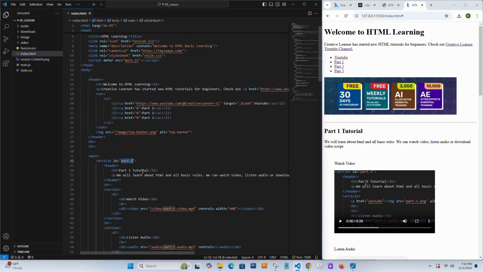I will copy the same ID name, and paste it in my menu, in the href of the anchor tag. When I paste my ID name part 1, I also have to put the hashtag. Without the hashtag, it will not link. So make sure that you add the hashtag or pound sign, and also the same ID name beside it. When I save this file and go back to your HTML,